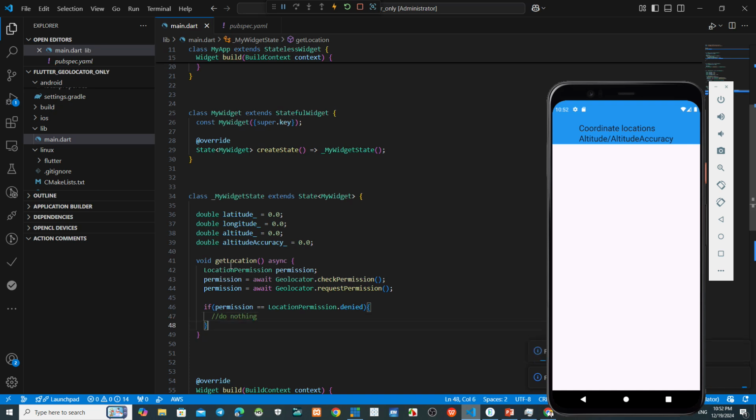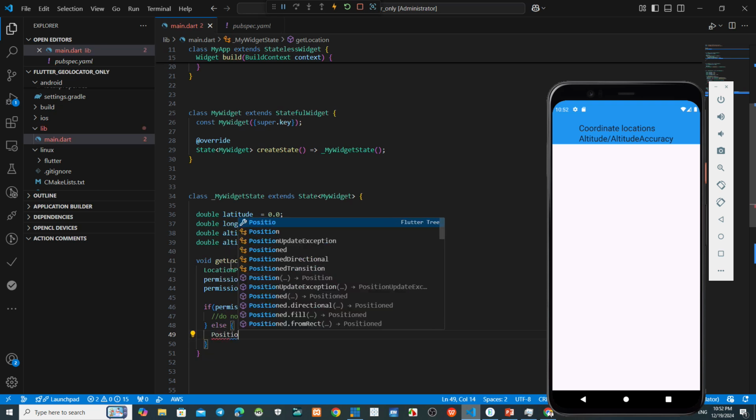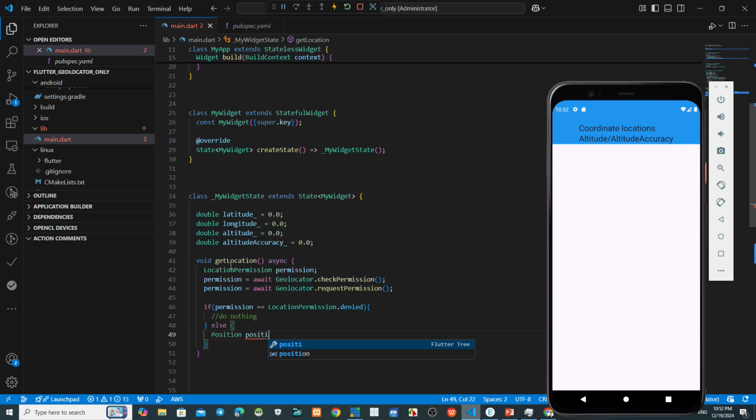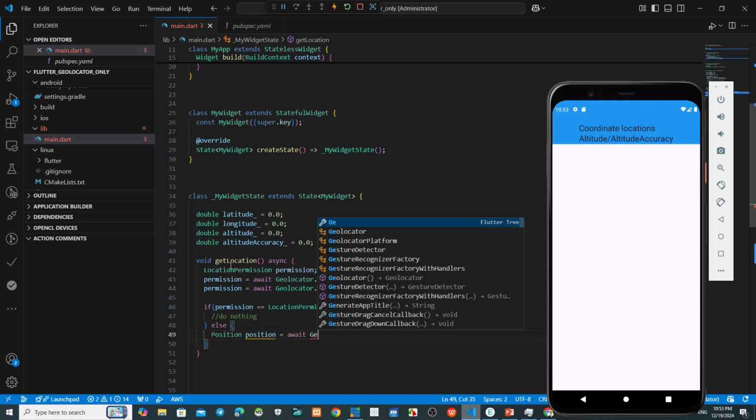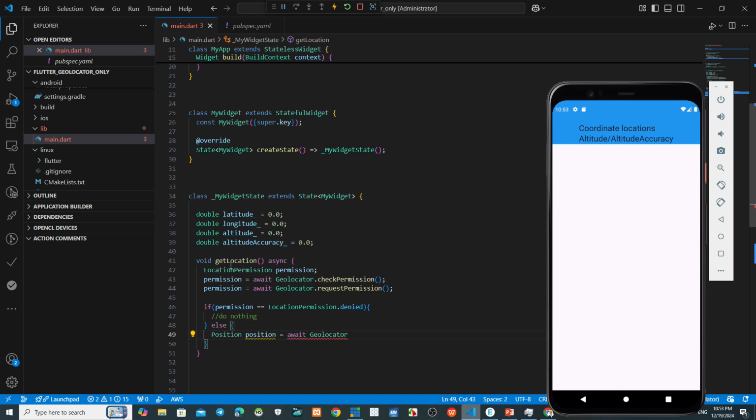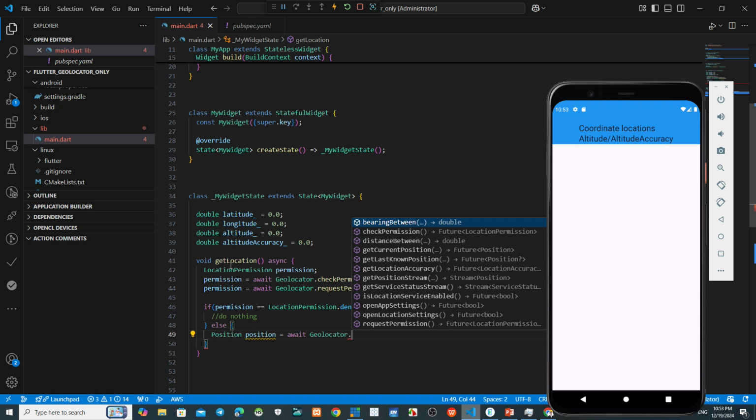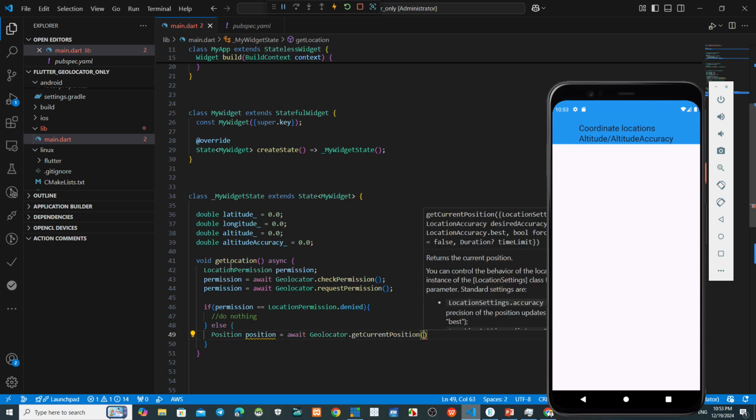This is just a description. Else position equals await geolocator dot get current position, this one.